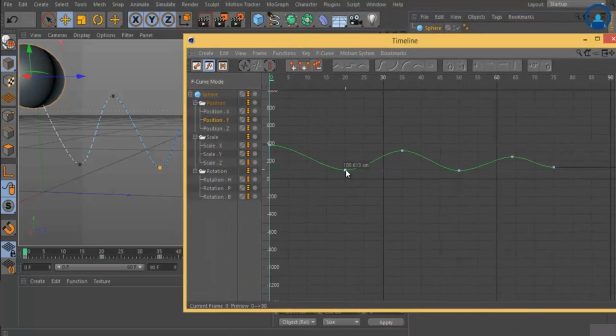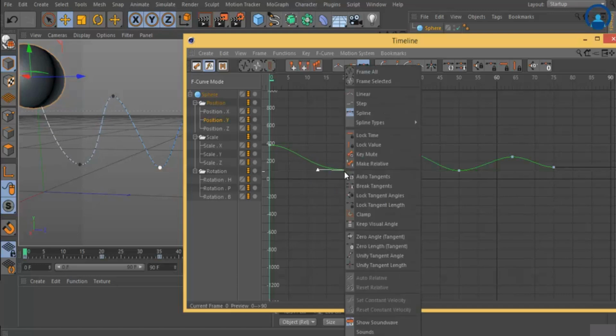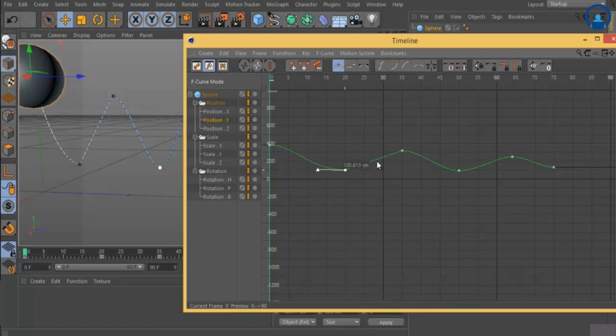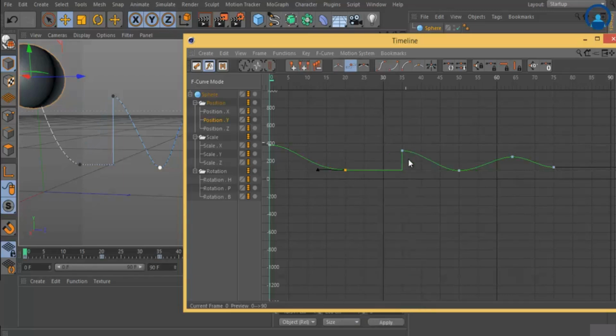Okay, when I click over here you can see these handles, and when I modify that you can see the modification is on viewport 2 like this. This is spline option. When you right click it, and if you want to break this, here is the option called linear. So you can see it's a linear manner in a straight line, what you learn at a starting point of this lesson in project setting. Or you can keep this as a step, so it looks like a step.